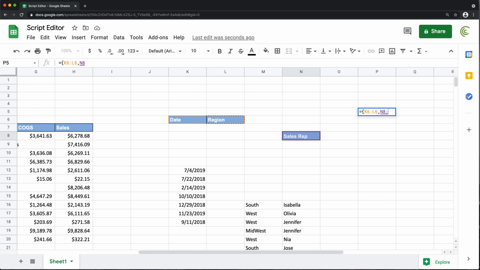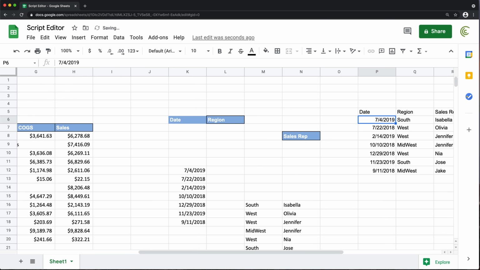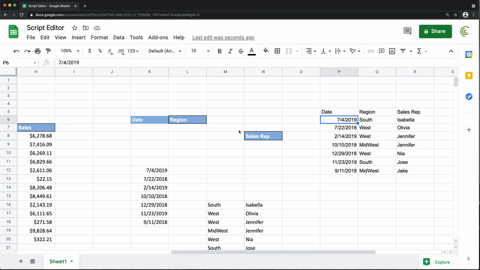And then I'm gonna do semicolon to go to my rows, and then I'm gonna grab this first column of dates, comma, and then add to that these pieces right in here. Close my brackets, hit enter,